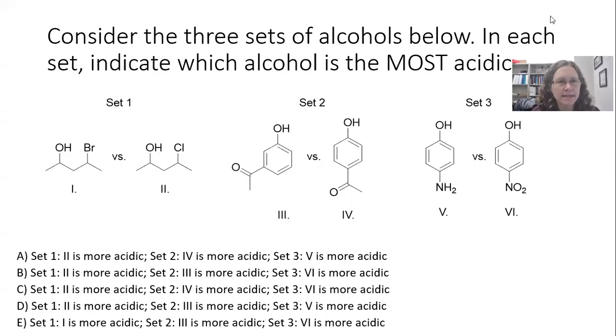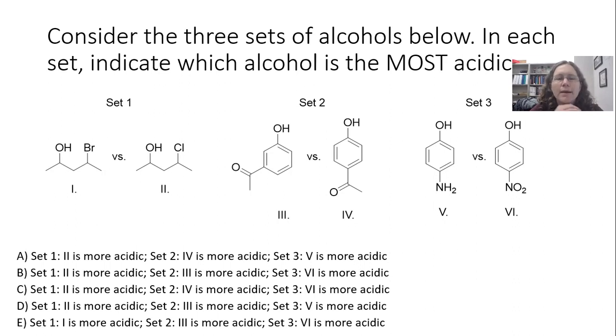This question asks, consider the 3 sets of alcohols below, and for each set indicate which alcohol is the most acidic. So this is really like an acid-base question, but it's applied towards 3 different sets of alcohols. This question is pretty difficult because instead of just evaluating 1 pair, we're evaluating 3. So 3 different sets to compare. And if you take a look at sets 2 and 3, we're going to probably have to use some resonance